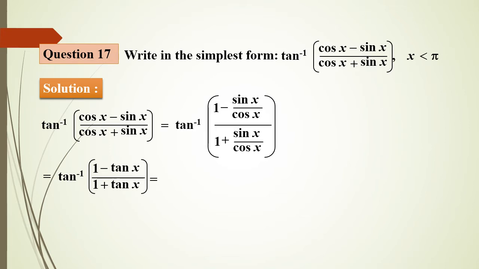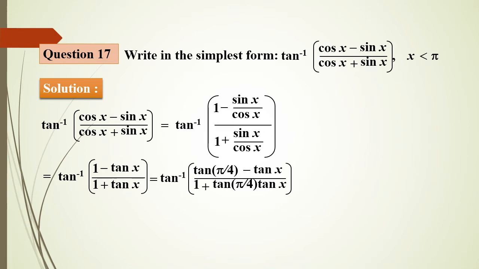So for 1 minus tan x divided by 1 plus tan x, there is no formula directly for this term. But after simplifying 1 minus tan x and 1 plus tan x, we are supposed to obtain one tan trigonometric function under any condition. So how are you going to obtain only one tan with its angle? See, in this case 1 can be written as tan pi by 4. So tan pi by 4 minus tan x divided by 1 plus tan pi by 4 multiplied with tan x. Tan pi by 4 in the sense 1. 1 plus 1 into tan x is again how much?